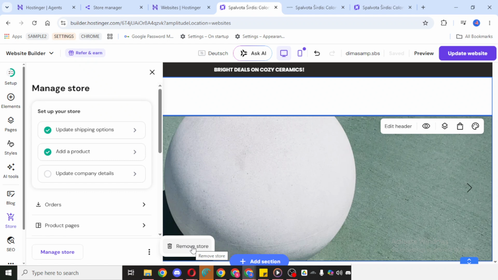As a final tip, it's a good idea to double-check your website after the removal is complete, just to make sure everything looks the way you want. If your site had store pages or product sections visible in navigation, you may want to review the layout afterward inside the builder.